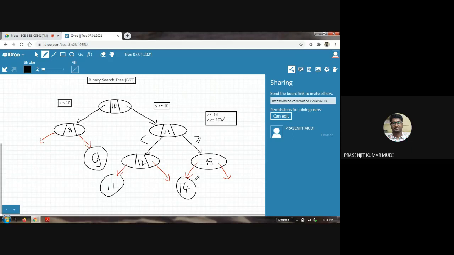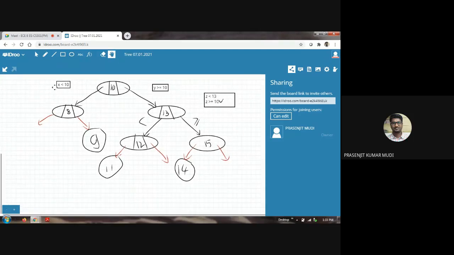Okay, this is the binary search tree, and it's very useful, very convenient to insert a new node, to search a node. Because see why binary search is so efficient. One strong intuition is, now again I am asking you, I want to search, let's say 12. I want to search whether it is present in the binary search tree or not.